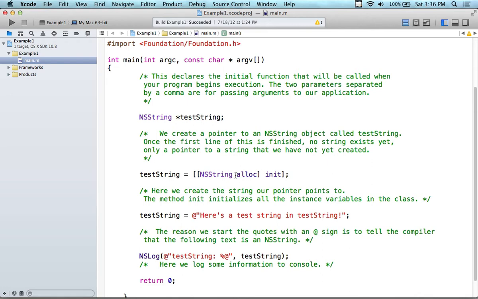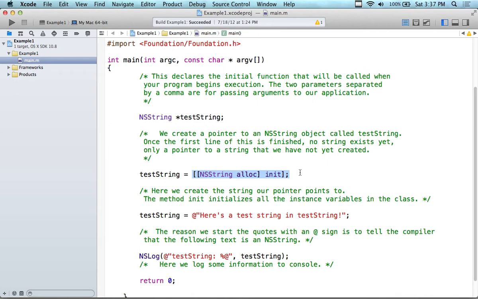Because the alloc actually makes room and allocates the object, which means it reserves it, puts it into memory, creates a reference to it. Instead of just a guessing game, we actually have a reference to it. So when we use it and then we clean up the space, we don't have to clean up the space. The system does it for us automatically. We have more guarantee that that string is actually going to work. In a small program like Hello World, we don't really have to worry about that, but in a bigger production system, they always say it's better to allocate it, initialize it, and then that way, if we have to make